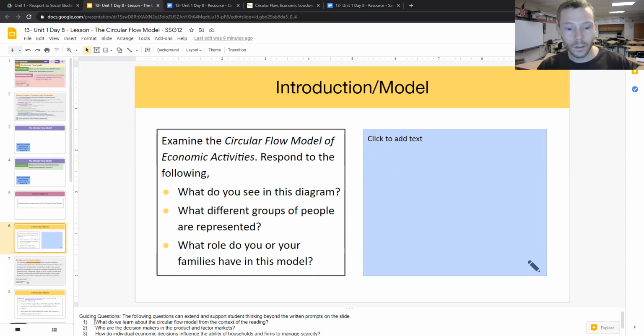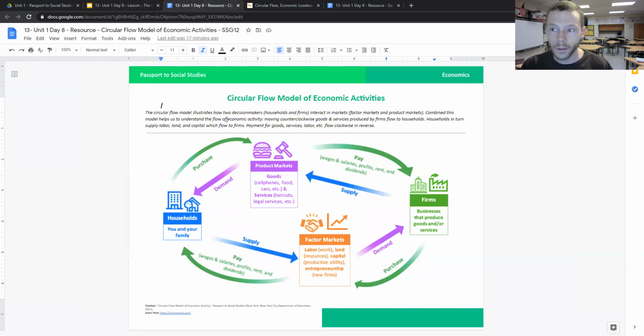I also include additional guiding questions on the notes for the slides, and I'll use that in my own classrooms when I'm projecting a PowerPoint presentation on the Google slide to really extend and support student thinking beyond the information that might be in the slide that they would have to write about in the document itself, and really thinking about what we can learn about the circular flow model from the context, the overview for the reading,